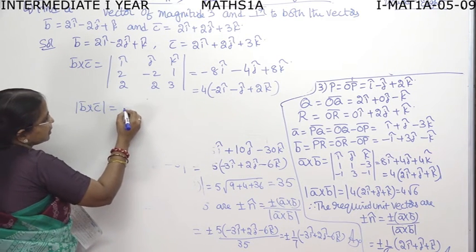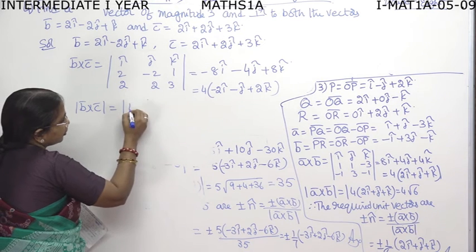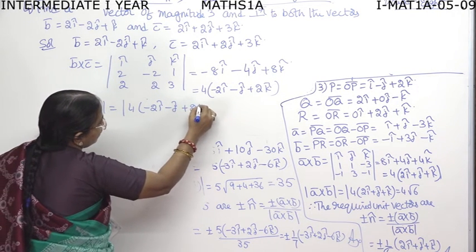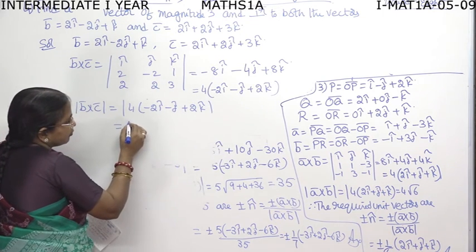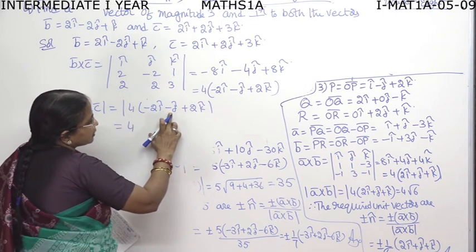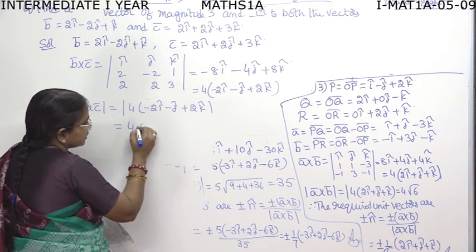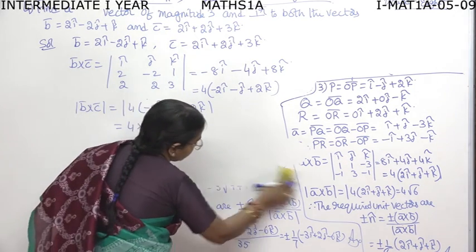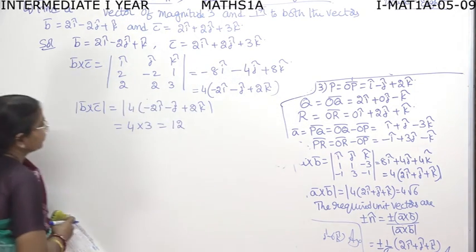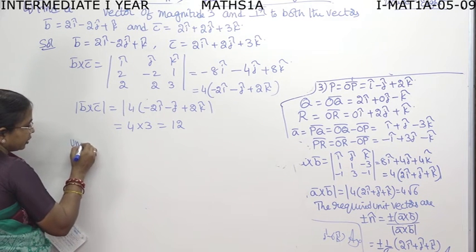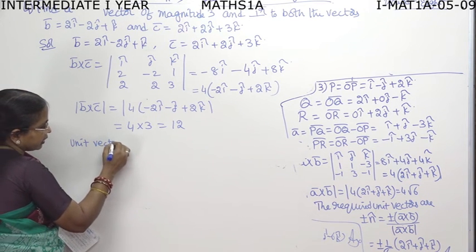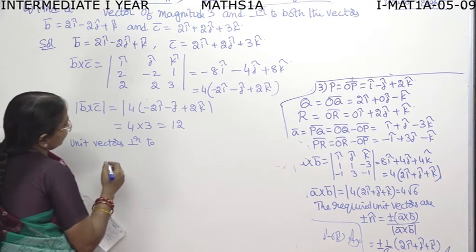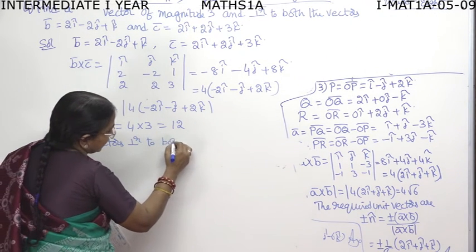Mod b cross c is mod of 4 into minus 2i minus j plus 2k. So you will get 4 into the root of 4 plus 1 plus 4, which is 9, so that is 3, 4 into 3 is 12. You know the procedure, so you can find out the value. So you will write, so the unit vectors perpendicular to both b and c,